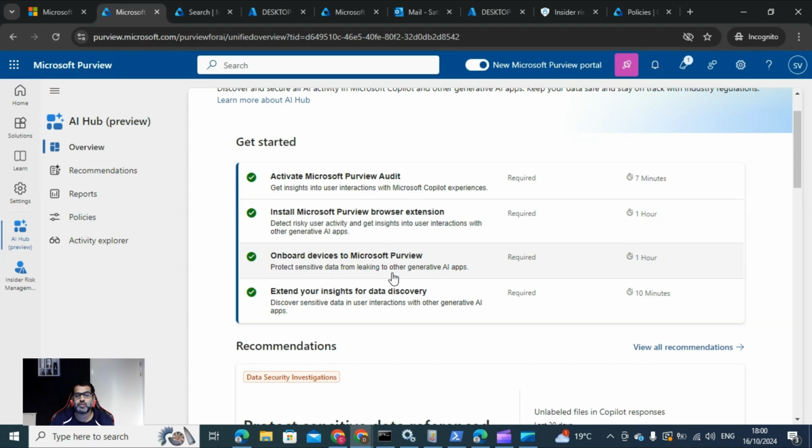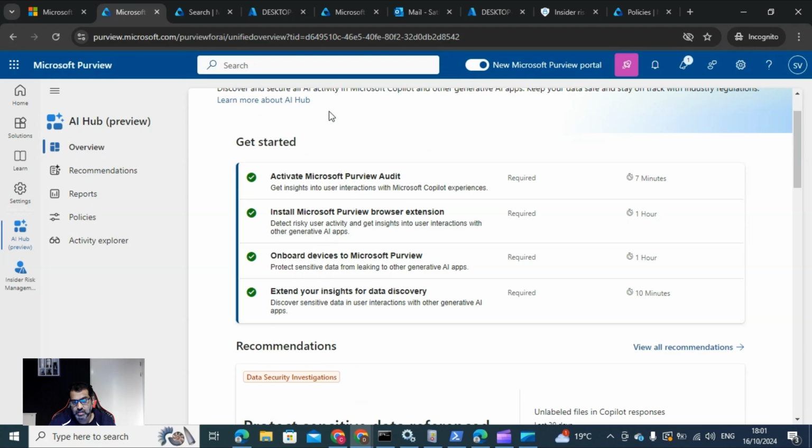So this is the most important part, because in order to monitor all these features and protect your sensitive data, you need to have visibility to your endpoint. So the first thing is, in order to provide visibility to the endpoint, you need to onboard the devices to Microsoft Purview. In most cases, I always recommend onboarding the devices into Intune, and then you have all your compliance policies, everything set, and in green flag, and then post that you'll